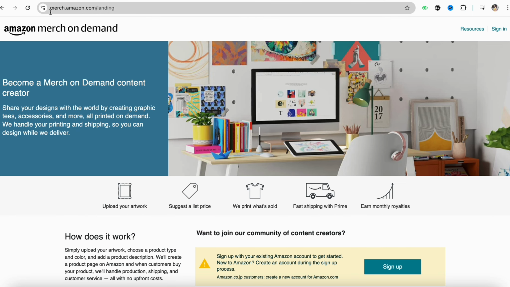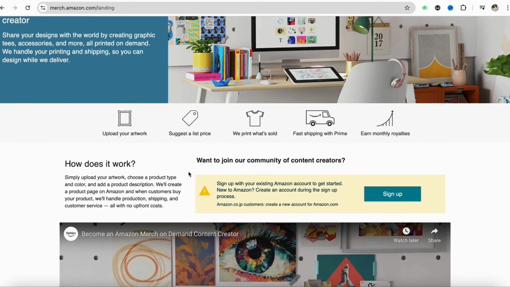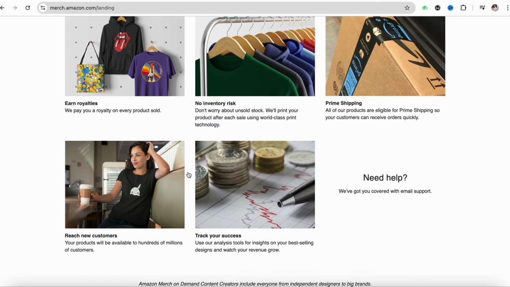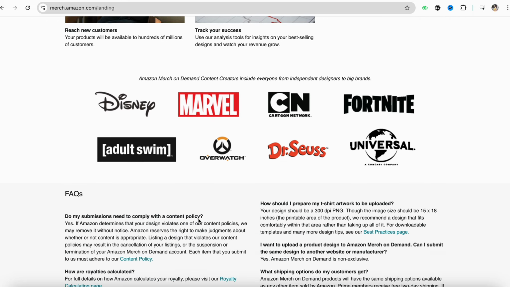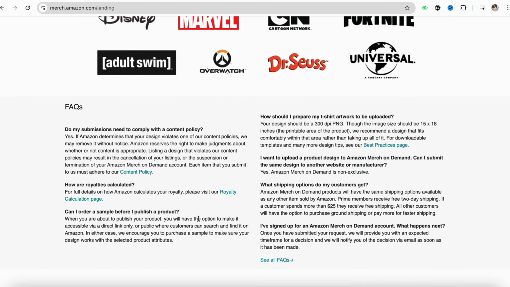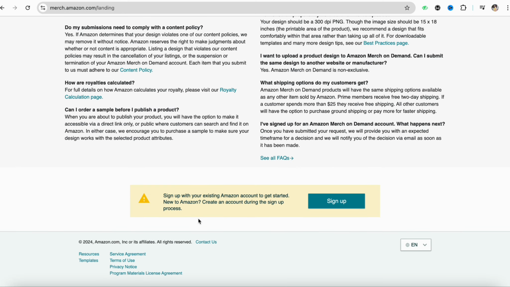And the next option that I have is Amazon Merch on Demand, where you can become a mercher on the Amazon Merch on Demand website, the content creation side. If you are an artist or a graphic designer with a unique piece of art, you can upload your images to Amazon Merch on Demand and see your work on printed t-shirts and other products like mugs, bags or pillows.